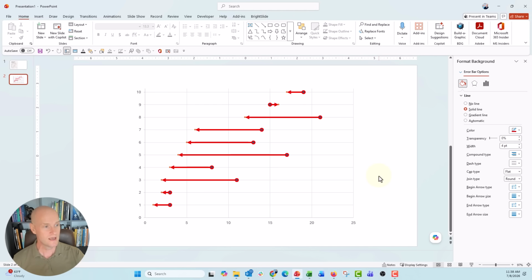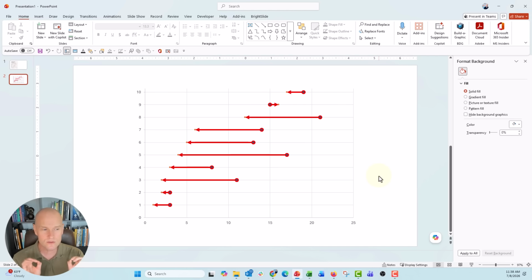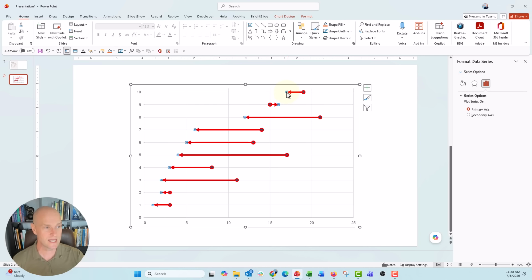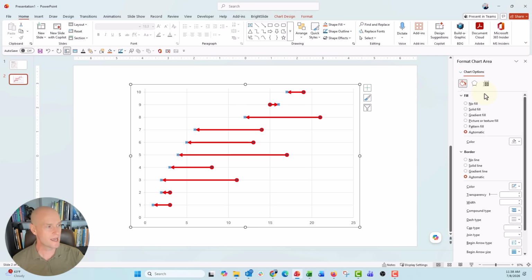Now you can see that we've got our arrows, but those orange and blue data markers are still there in the chart. So we want to make sure that they're gone. We don't want to delete them completely. We just want to set them so that there are no markers there. So I'm going to select one of the series there, and then under the paint bucket on the Format Data Series menu, we will say, oops, let's see,